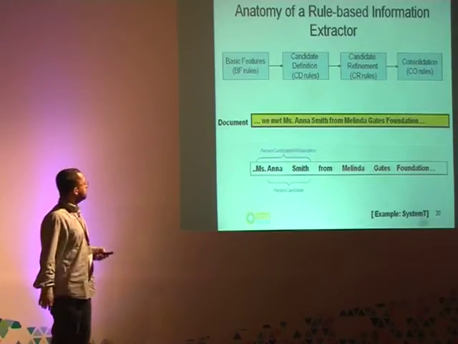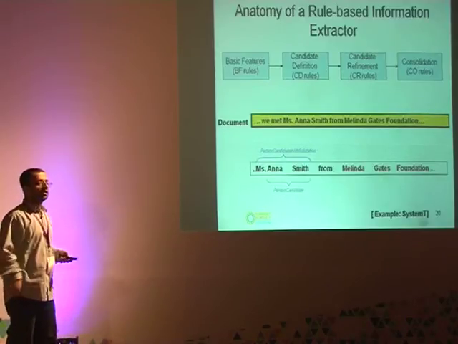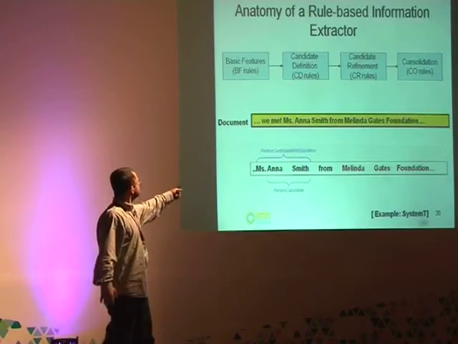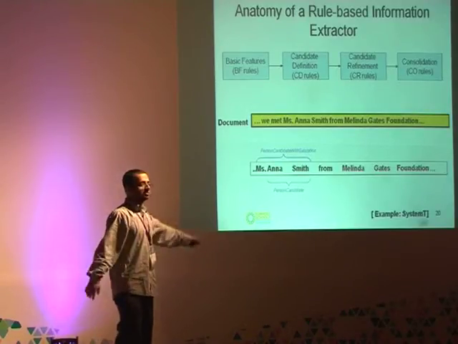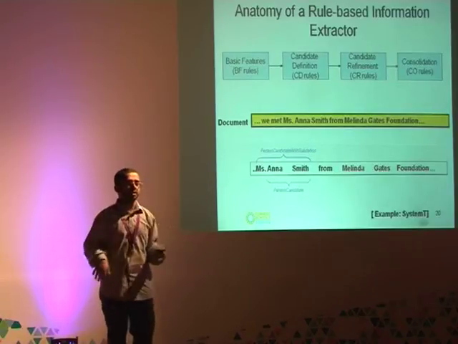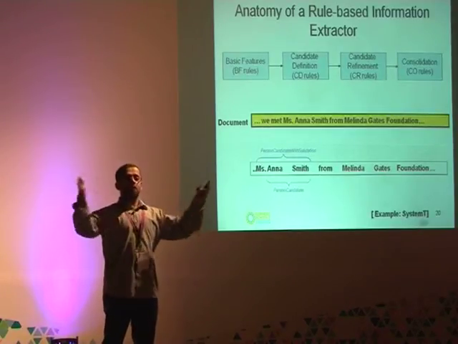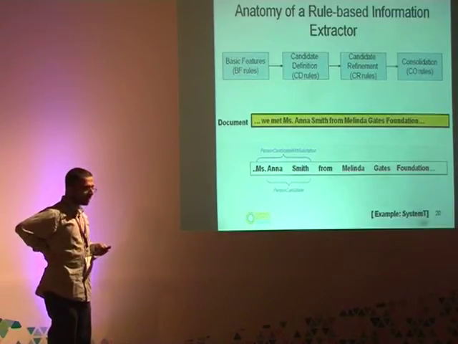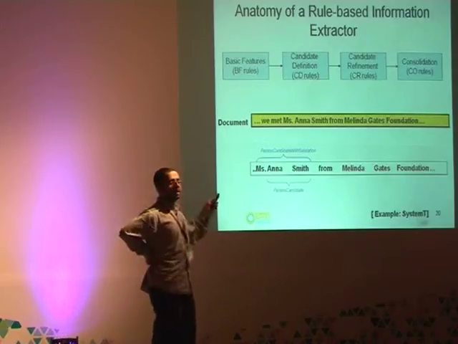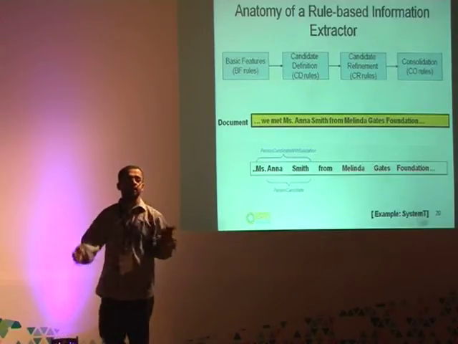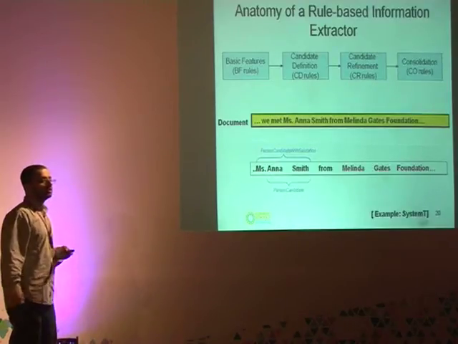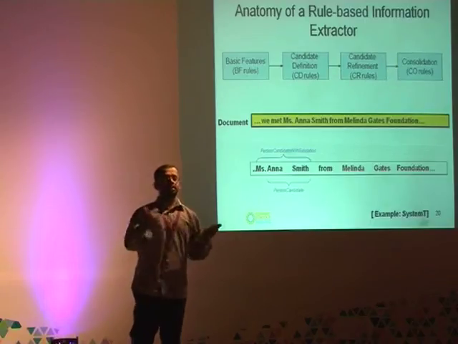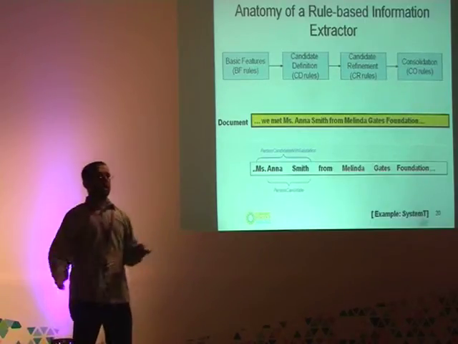And the final phase is consolidation. For example, you could have overlapping matches of persons. The person candidate with salutation was Miss Anna Smith, and the Anna Smith person candidate was a substring. Well, you need to decide whether to retain the longer one or the shorter one. This is just one example of consolidation. And I could draw an analogy from database SQL queries for each of these phases. You could think of candidate definitions to be like join queries, but join with some additional contextual qualifiers.